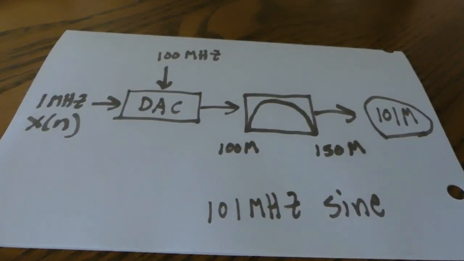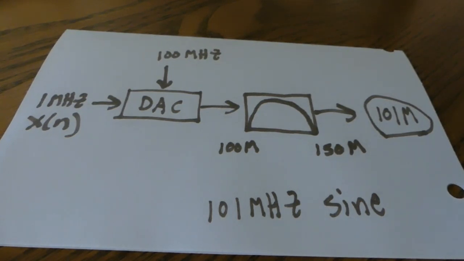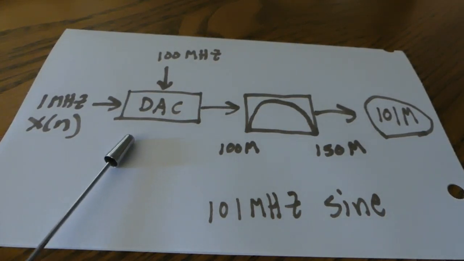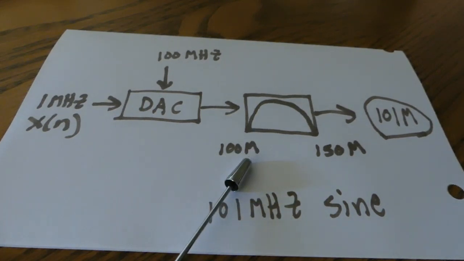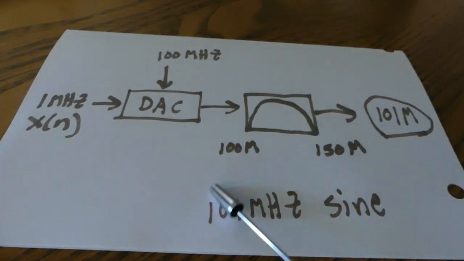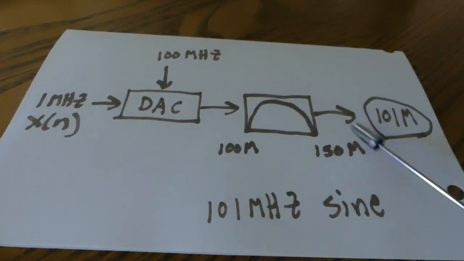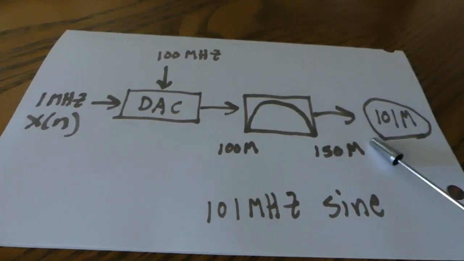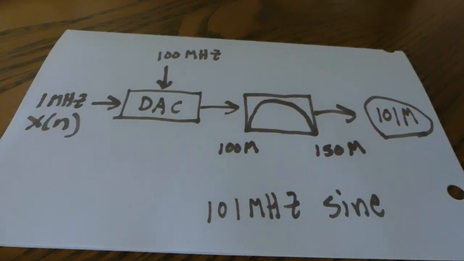So here would be an example. Let's say we would like the signal to come out at 101 megahertz. So we would feed a 1 megahertz digital sine wave into our DAC. Again, our DAC is running at a 100 megahertz clock. And then we would pick a bandpass filter here, and it would be from 100 megs to 150 megs. And if we looked at the output of that bandpass filter, we would see a sine wave that's at 101 megahertz. So that's how we got a signal up to 101 megahertz, strictly by taking advantage of the Nyquist zones